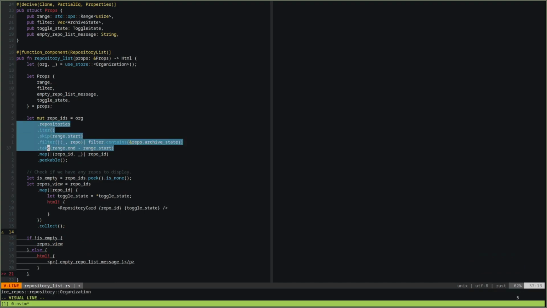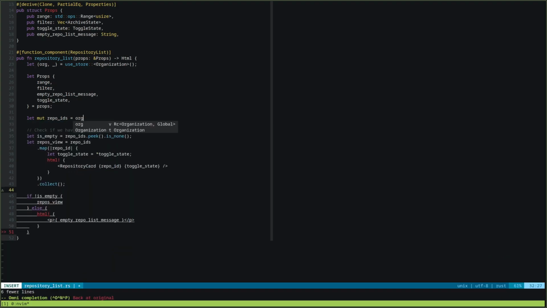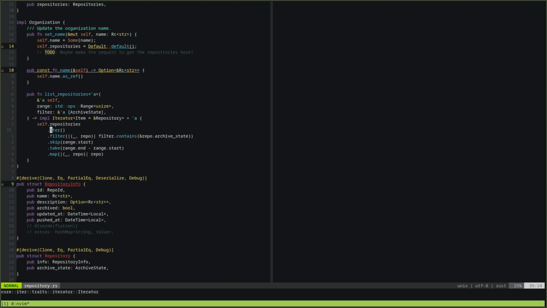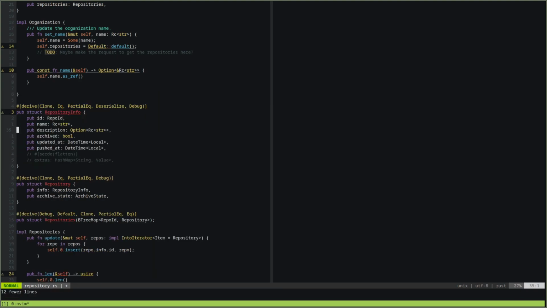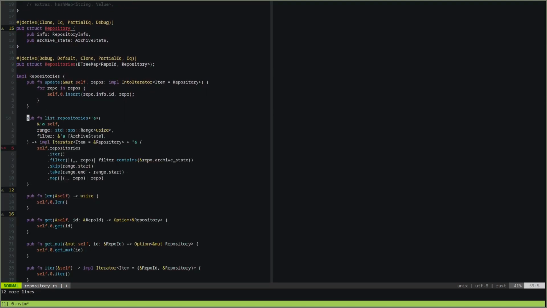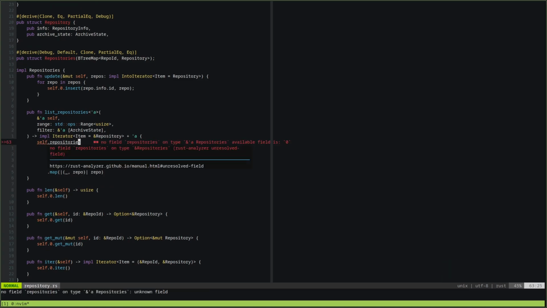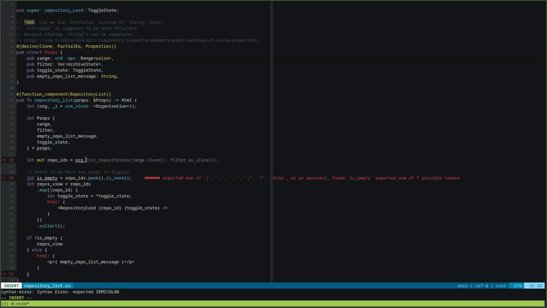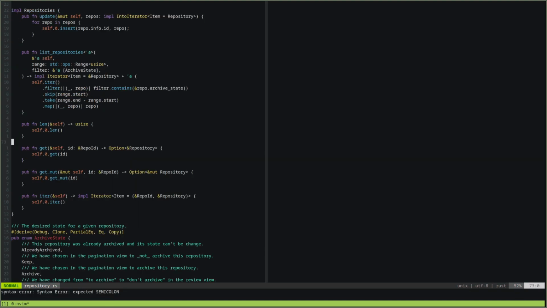So now that instead of all this junk, we do org dot... Actually, instead of having this on the organization, we can actually move this over to the repositories info, because it's based on that type. It doesn't access any other information from the organization. So that works. So org.repositories dot